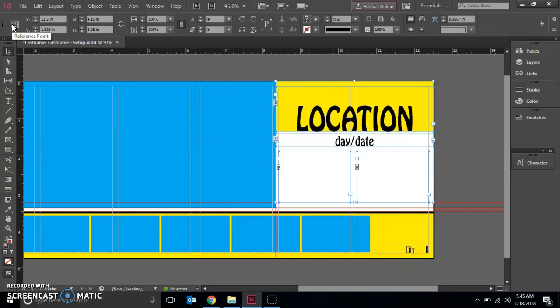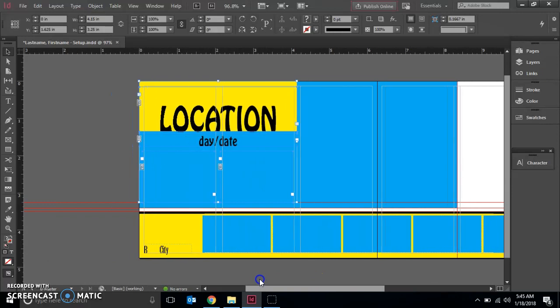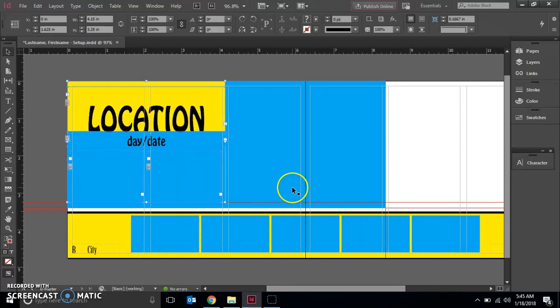So I'm going to select our reference point that is the middle left reference point, and then change X to 0 and hit enter. And now all of those boxes and objects are moved over to the other side of the screen. So then I want to go to my selection tool, click anywhere on my pasteboard to deselect, and